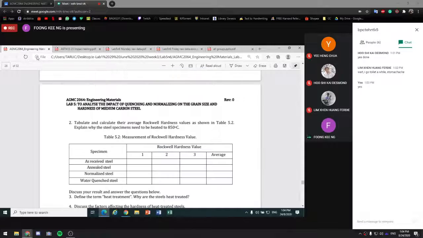So all this should be quite easy. The hardness value should be straightforward. So let's look at